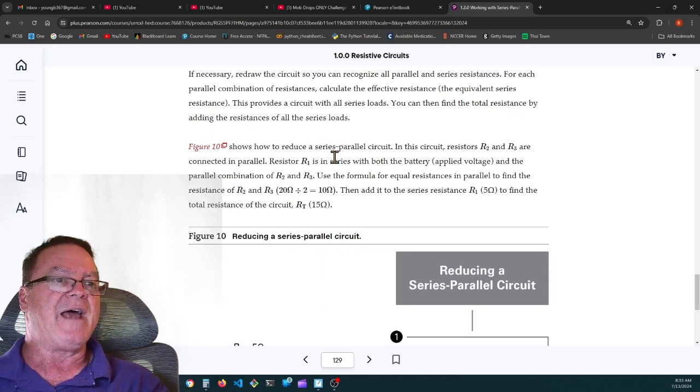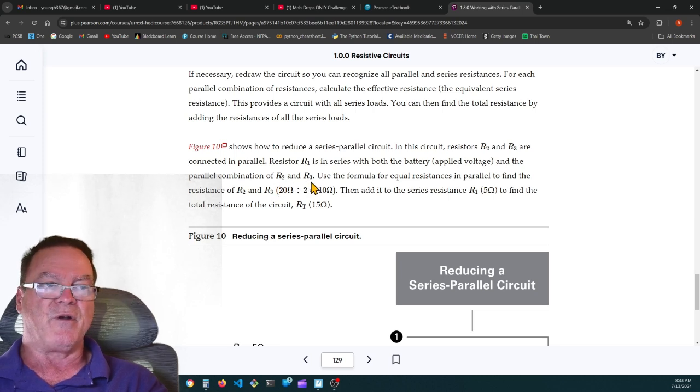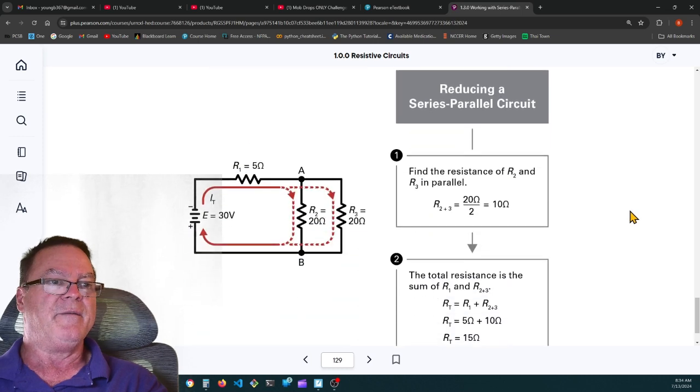Figure 10 shows how to reduce a series parallel circuit. In the circuit, resistors R2 and R3 are connected in parallel. Resistor R1 is in series with both the battery and the parallel combination of R2 and R3. Use the formula for equal resistances in parallel to find the resistance of R2 and R3 combined. So R2 is 20 ohms, R3 is 20 ohms. So if we take 20 ohms and divide by 2,